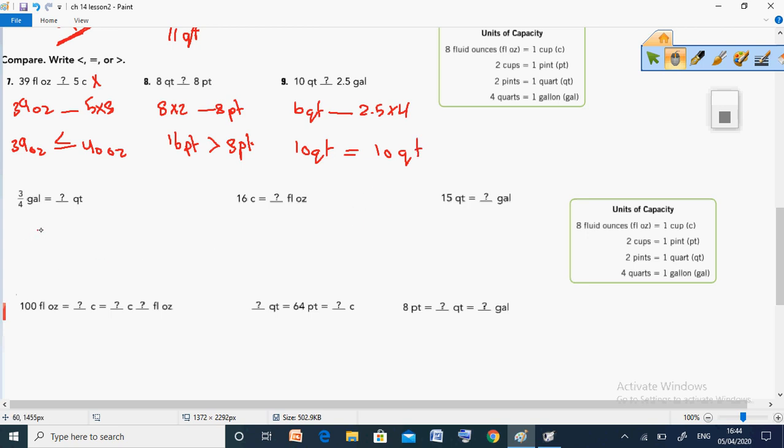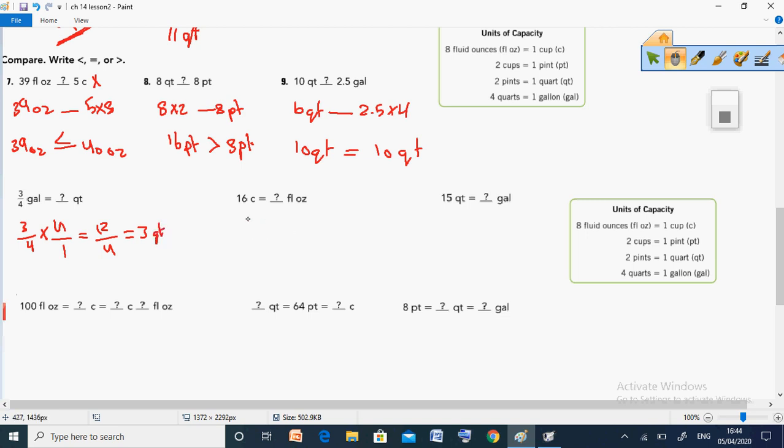Now look here, if I have a fraction 3 over 4 gallon to quarts, I will say 3 over 4 times 4. I will put it over 1. 3 times 4, we will multiply numerator by numerator, denominator by denominator, because here we are multiplying. So 3 times 4 is 12. 4 times 1 is 4. So 12 divided by 4. The answer is 3